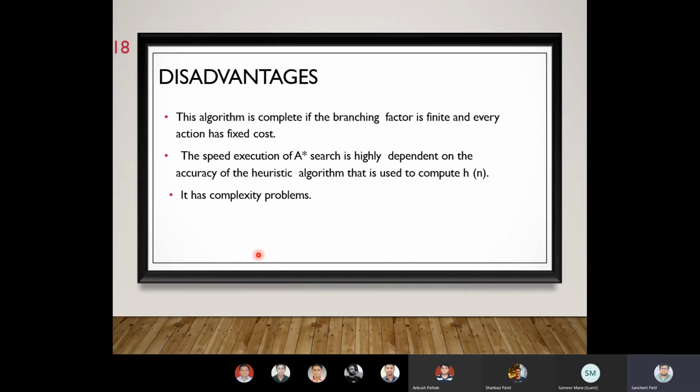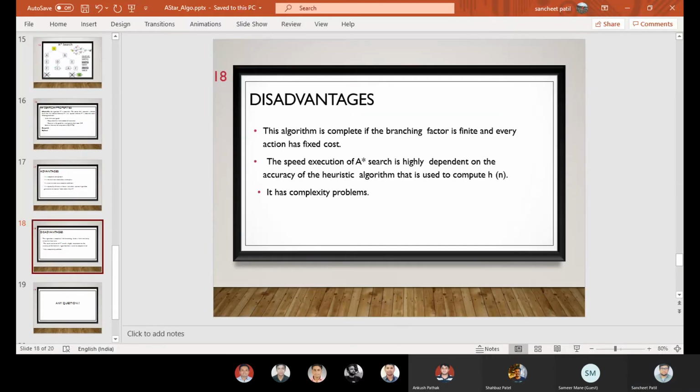I would like to show the demo as well right now. I have a demo related to this map. I have created the demo with the world map example. I have taken some coordinates and statically assigned the values, or we can say the cost, for it, and I have shown the node positions, like if you want to travel from one node to another, how the A star algorithm gives you the optimal path.